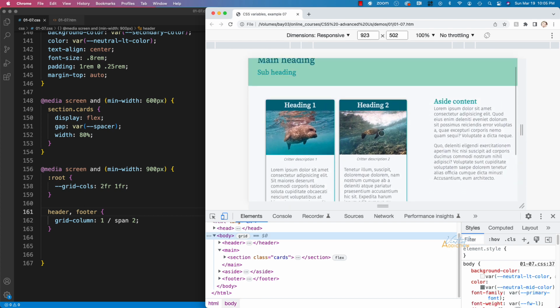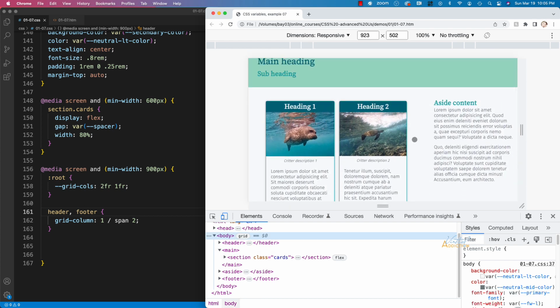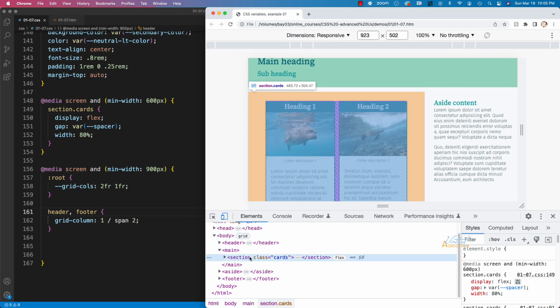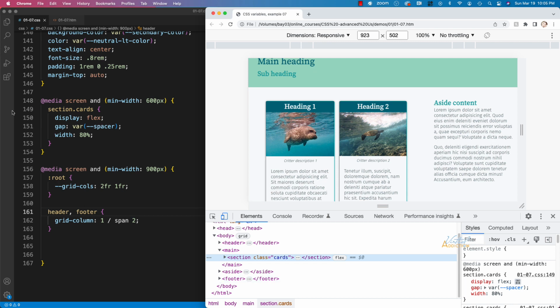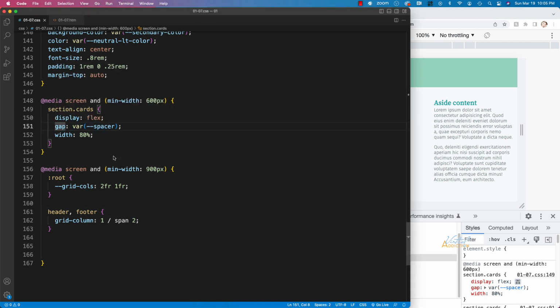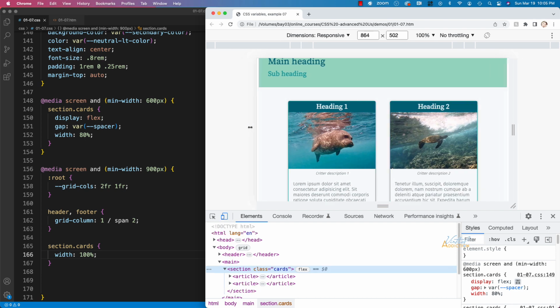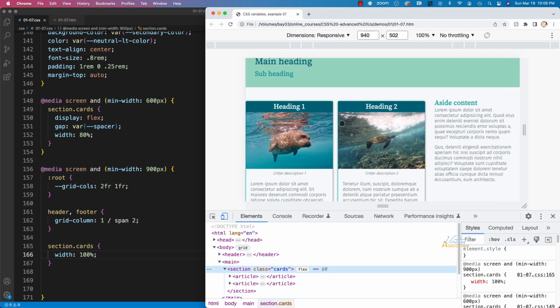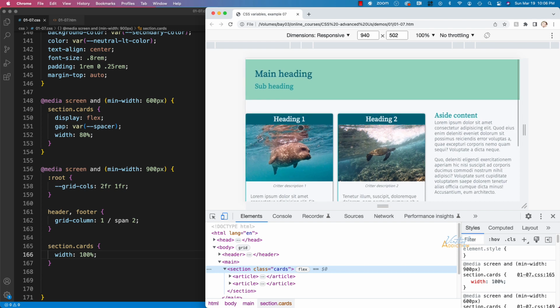Now this is looking pretty good, but there is some additional space here. As you recall, on our section, we had made the width 80%, and that is something that we used in the media query at min-width of 600 pixels. I need to override that. I'll make a new rule for section.cards, and I'll just go ahead and specify that the width be 100%. Now when we refresh, the space is being used a little bit more optimally,